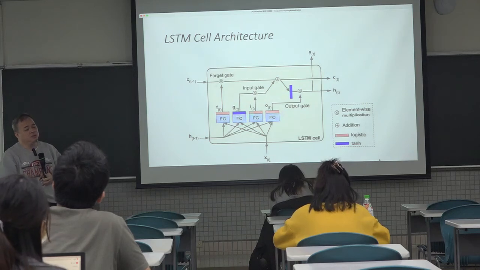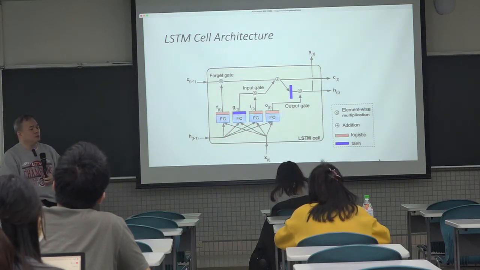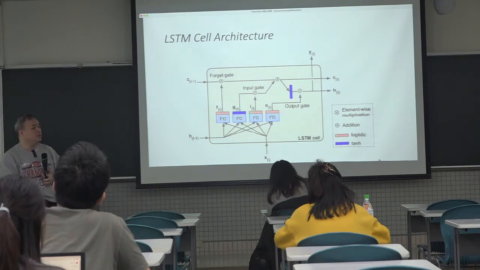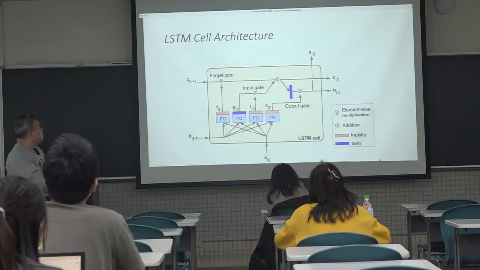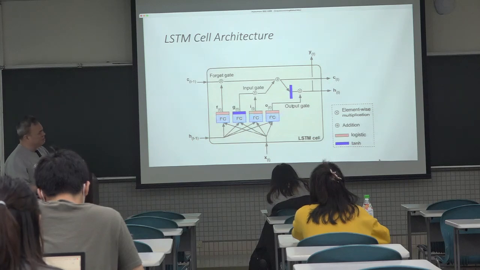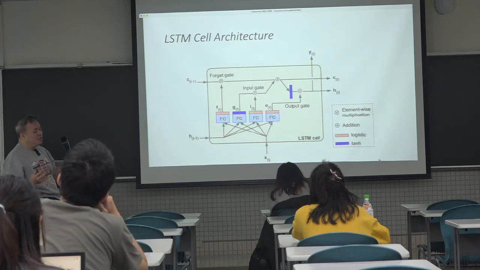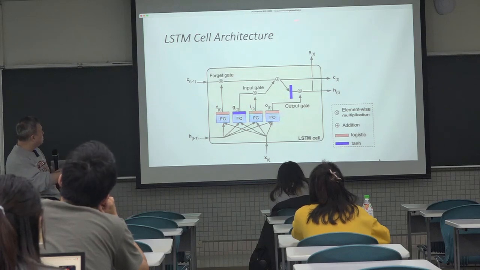So the content in the cell being more complicated doesn't mean that if you use that cell to create a network, it will converge slower. Not necessarily. So this is a very good example of that. But of course, you can still imagine that even though the training may be slightly improved, you probably could have done much better if you tried to simplify the architecture of the LSTM cell, right?